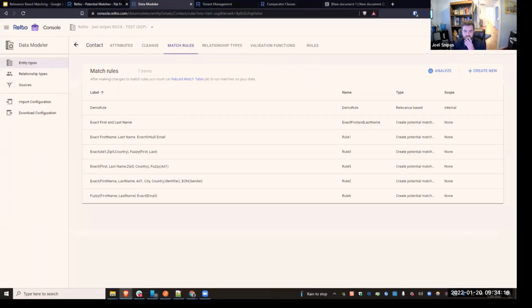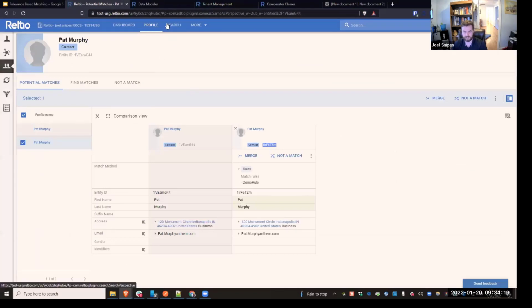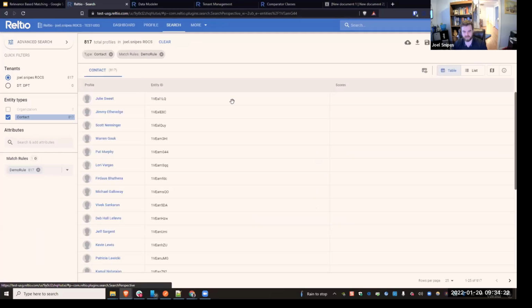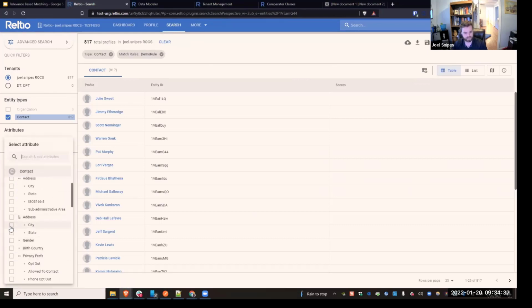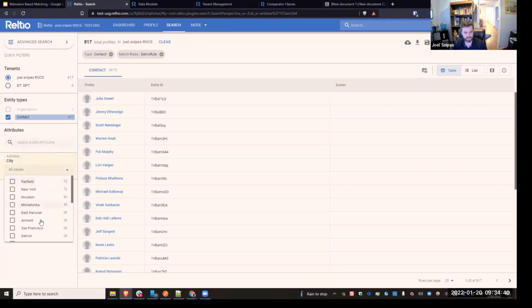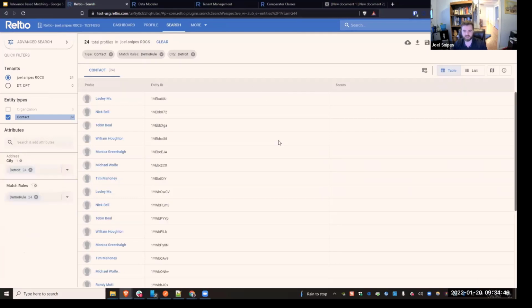So now that I have my potential matches for relevance-based matching, something I want to show that might be a cool prelude to my upcoming webinar is how to do the potential match workflow. I have these 817 potential matches, and I'm going to segment this by, say, city. I'm going to choose Detroit. Detroit is a target market for my company, and I want my data stewards to evaluate the matches in Detroit first. So I have my 24 potential matches for my demo rule, and I want to queue these up